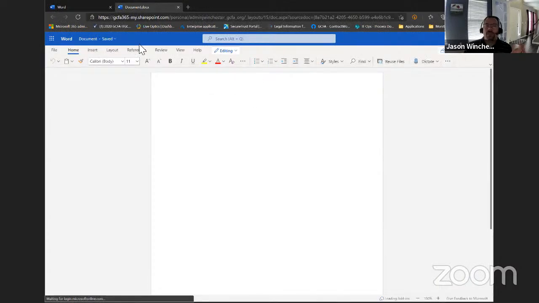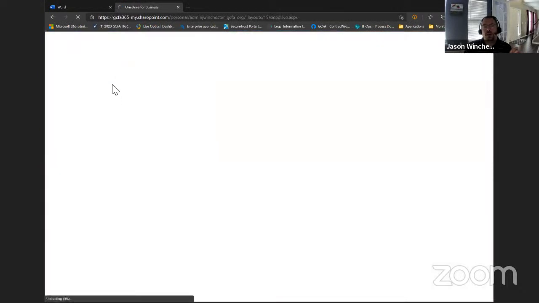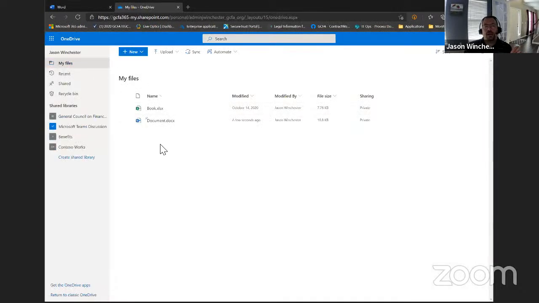And the best thing about Office 365 is it also comes with OneDrive. OneDrive is a shared backup location, a shared cloud drive, where if you write things in Word or Excel, you can save those things into this cloud drive. The conference is providing you with a OneDrive folder that has, I believe, 1 terabyte of data available to you.